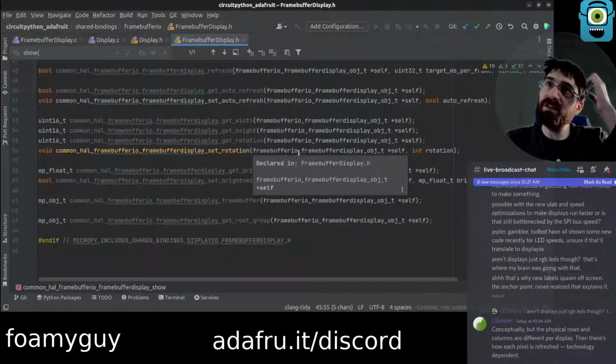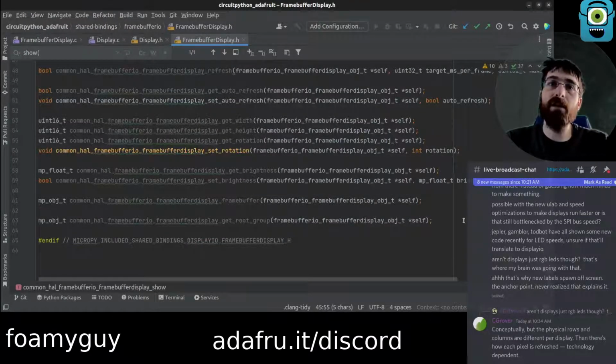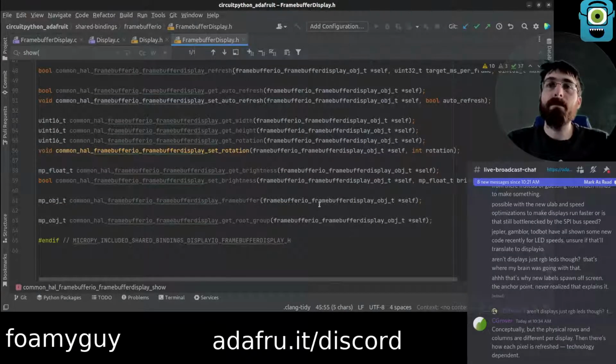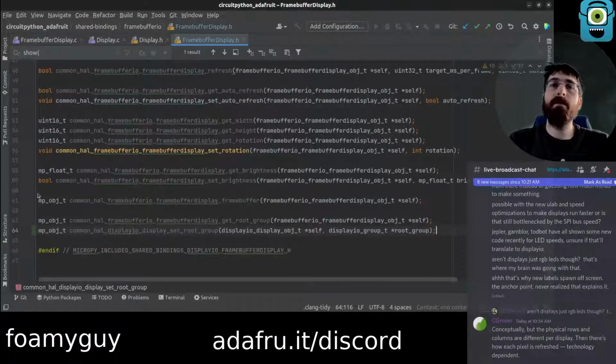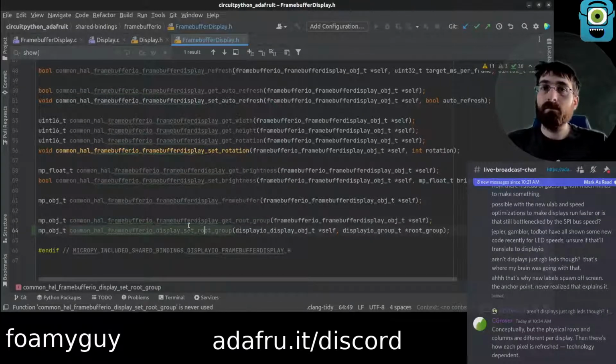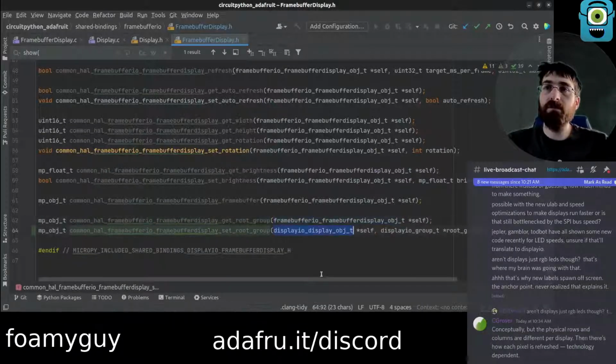Oh, there is actually a get root group already. That's convenient. So we will actually just need the set root group. But this is different. This is also different. This will be different.